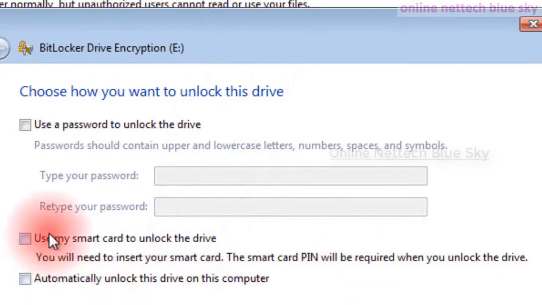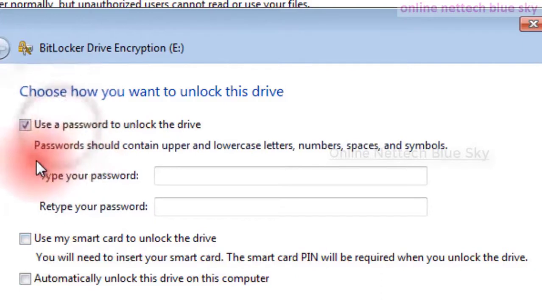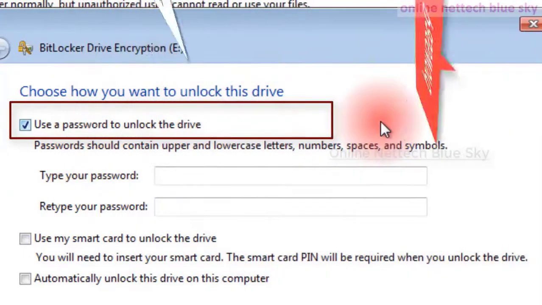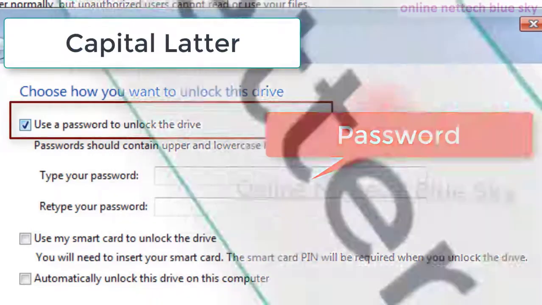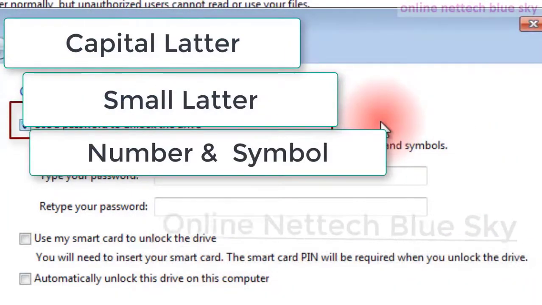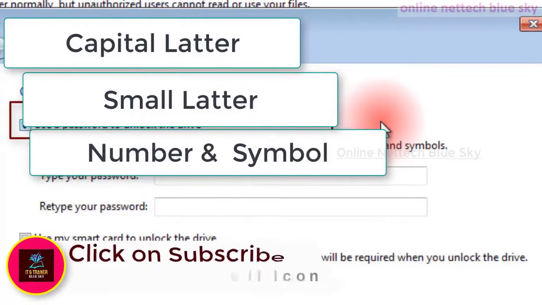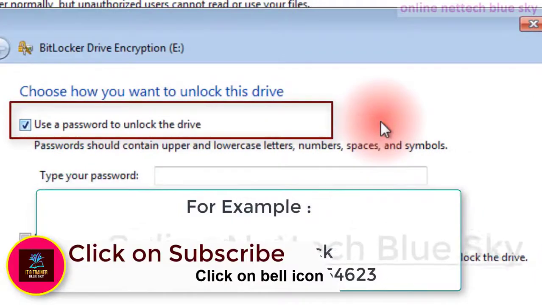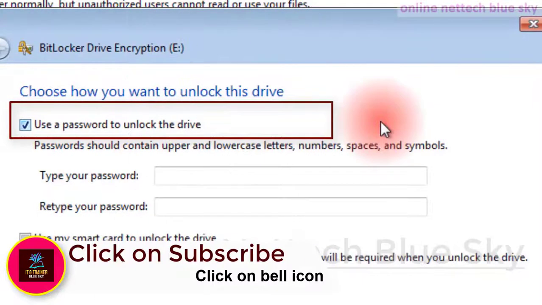But I like only one partition locked through a password, so that if your friend directly comes and opens your system, your partition is not open the same way. So you first enter a capital letter, small letter, number and symbol. That means a complete partition password, for example. This is a complex password.